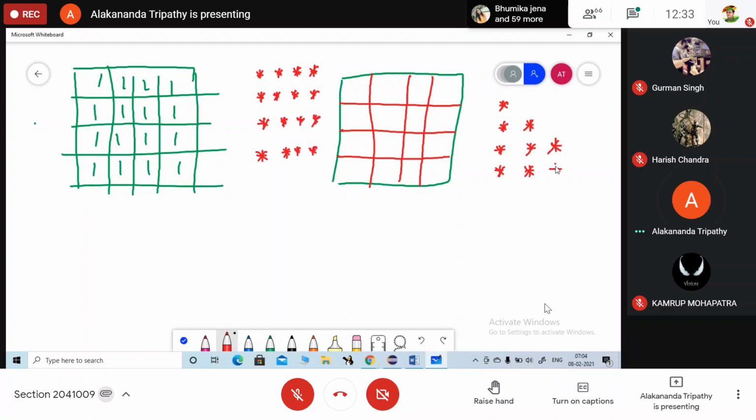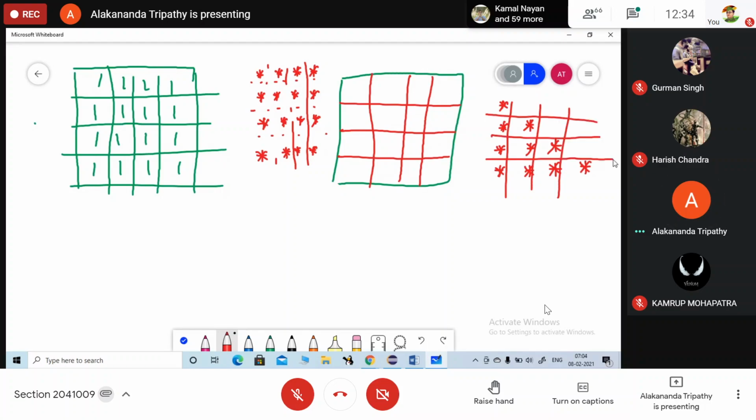So here what is happening? Here you are just printing in the form of a matrix, isn't it? Basically, in this case, this is my i value.